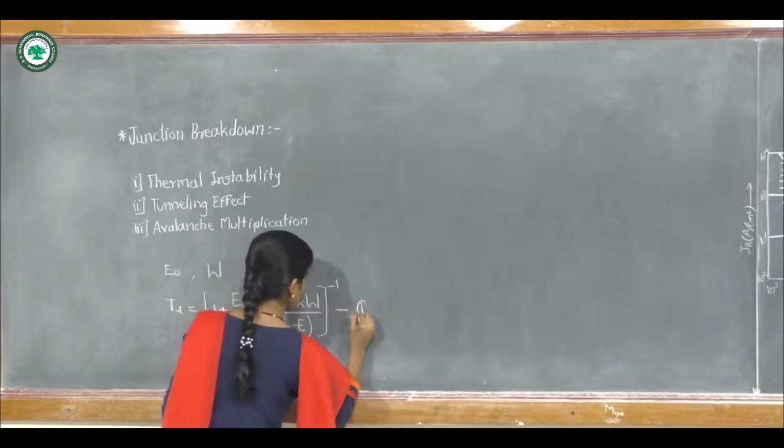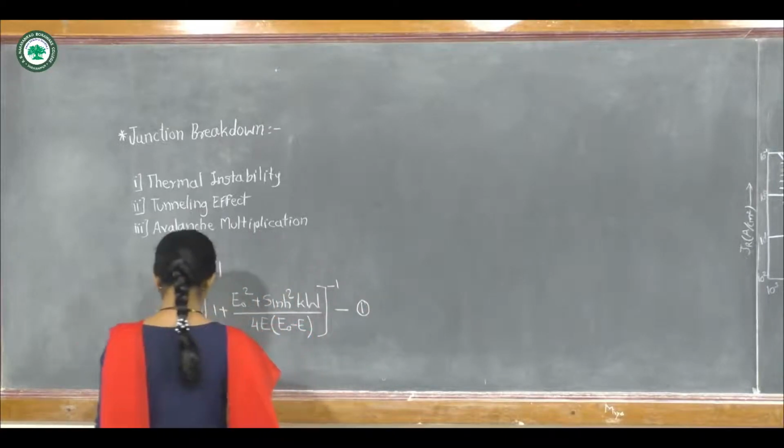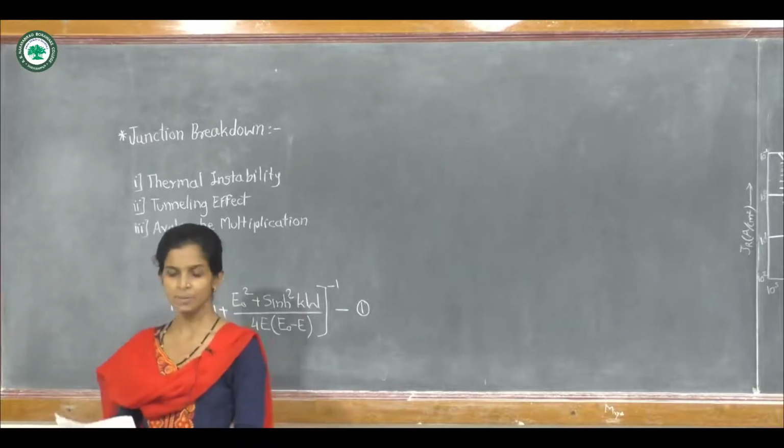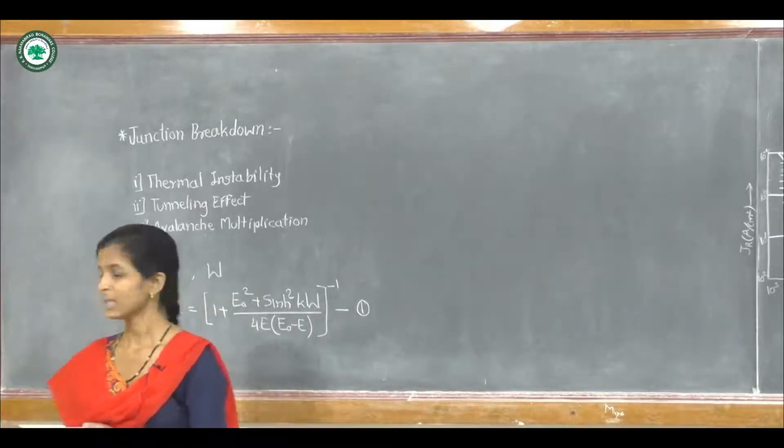So this is equation number 1, which gives the transmission probability,